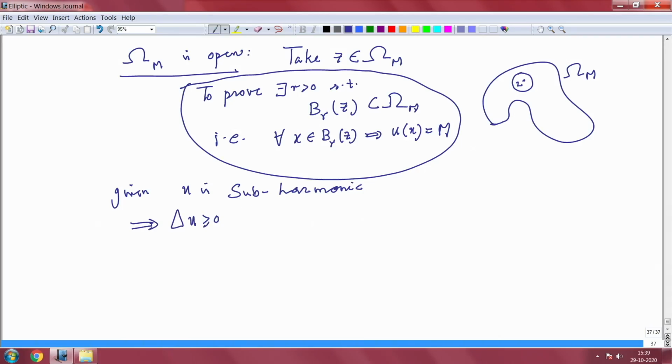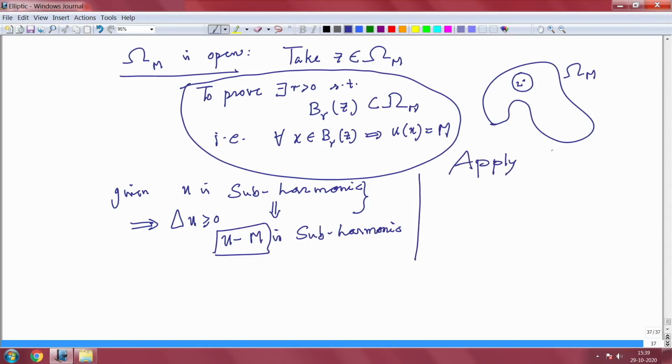But this also implies, since m is constant, that u minus m is also subharmonic, right? Because m is a constant, it is also subharmonic. Okay, so you can apply